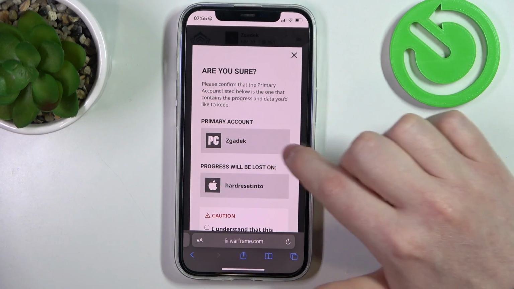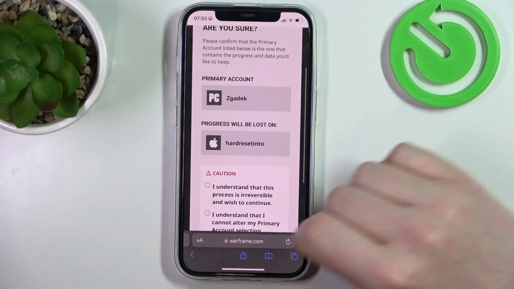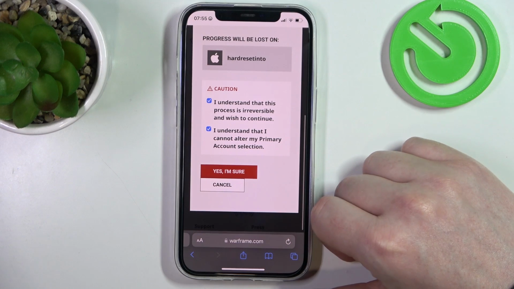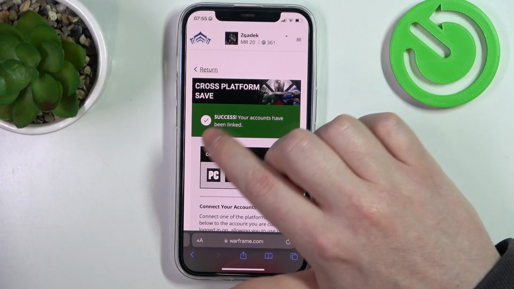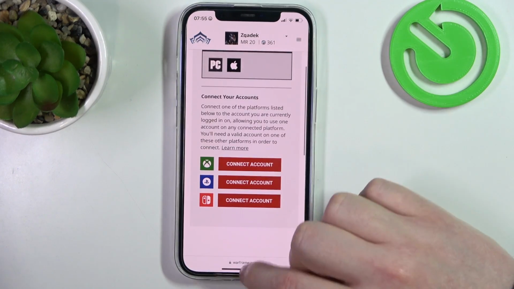Primary account is mine, and the progress will be lost on this one, which we already created previously, as I mentioned in the beginning. And yes, I'm sure. And we successfully linked our accounts. Now we can go back to our game,